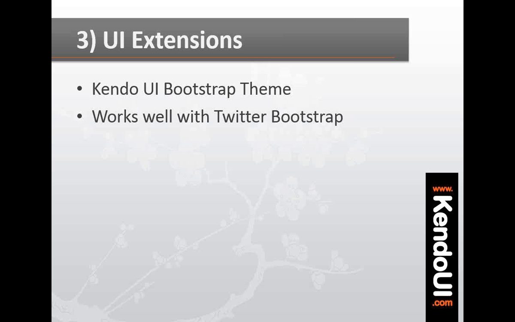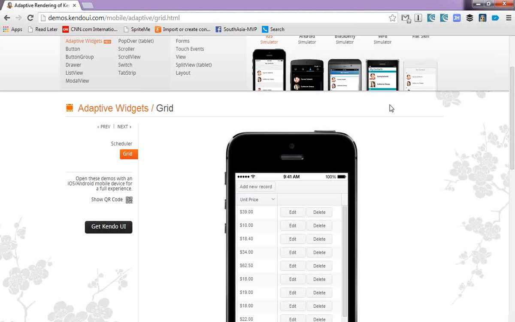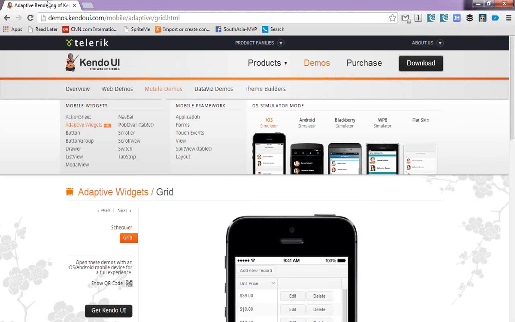Currently Twitter Bootstrap is widely used for doing this responsive design-based web pages. So what we did was we released Kendo UI Bootstrap theme. It works very well with the Twitter Bootstrap, and also we have a sample. Yeah, if you can go to kendoui.com and then if you go to web demos,